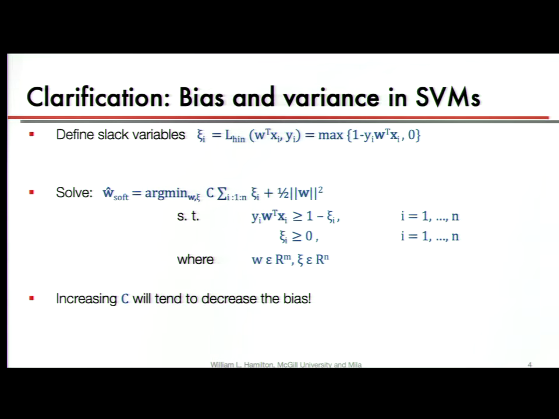The short important thing to note here is that C does help us trade off between overfitting and underfitting, and bias and variance, just like the regularization term when we're doing L2 regression. Although in this case, when we increase C, this is going to make our model care more about doing a good job classifying the training points. So we're paying more attention to this misclassification term, which means we're going to tend to overfit the training set a bit more and have lower bias and higher variance in general.